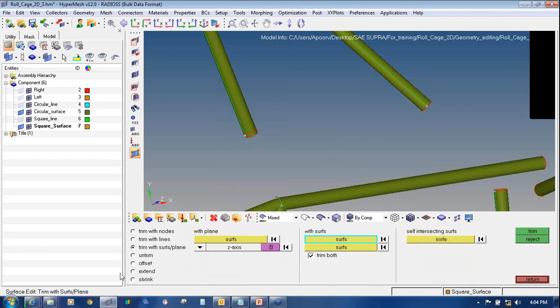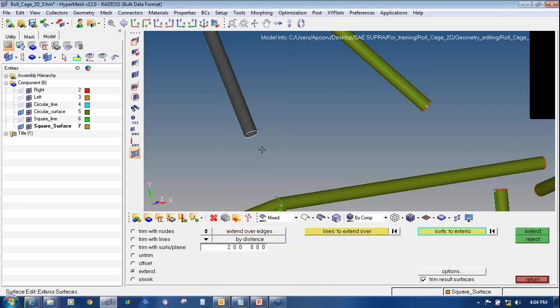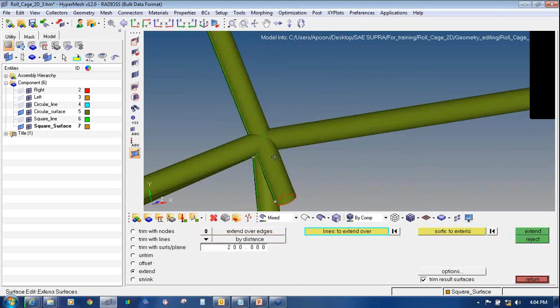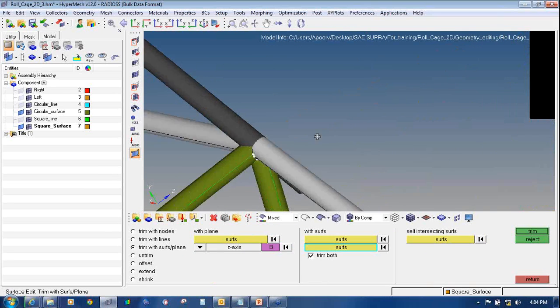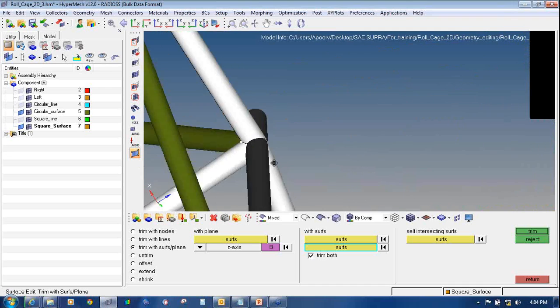Then the top one, again extend this, Shift F9, pick the surface, trim with these,